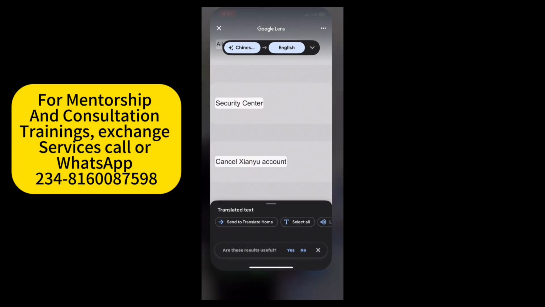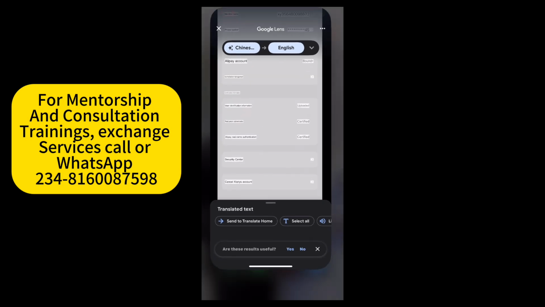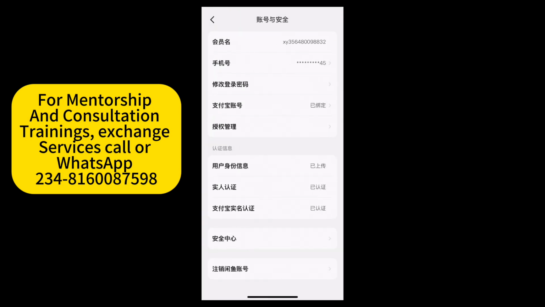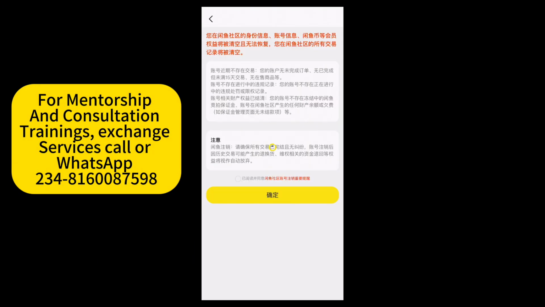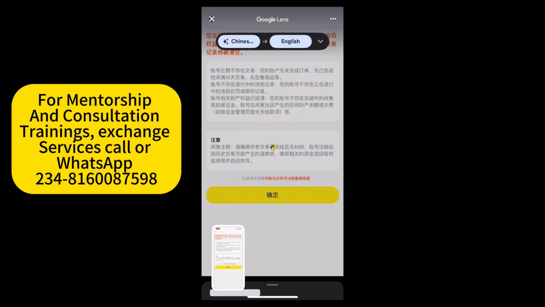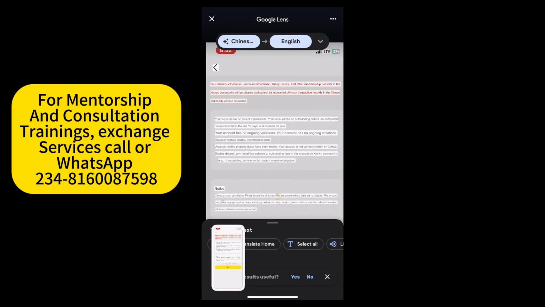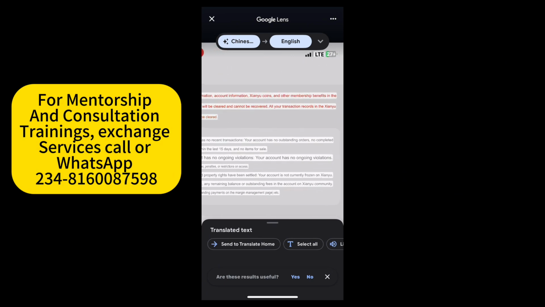So we are going to click on cancel the account, which is the last option on the screen. So I'm just going to click on this last option here. Tapping on it takes me to another tab, which is this tab. This tab is in form of a warning, warning us, are we sure that we want to close this account. You can see here it says your identity information, account information, Xainyu coin,